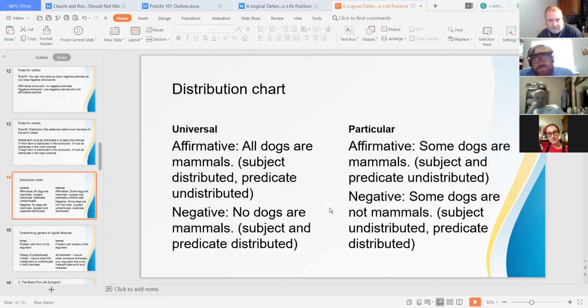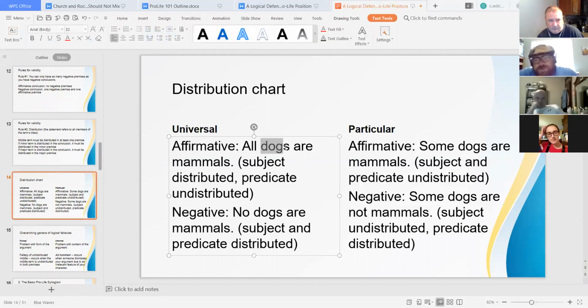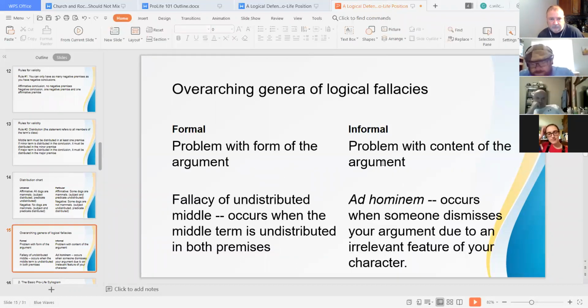Essentially, whether a statement is distributed or not has to deal with whether or not you're dealing with all members of the class. So in this case, we're dealing with all dogs, so it's distributed. We are not dealing with all mammals, so it's undistributed. All right, so